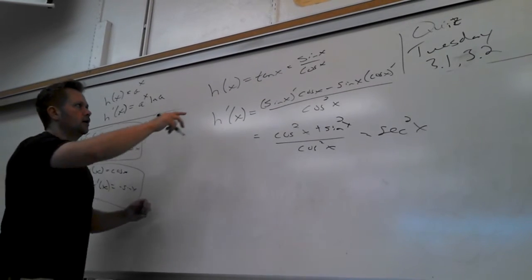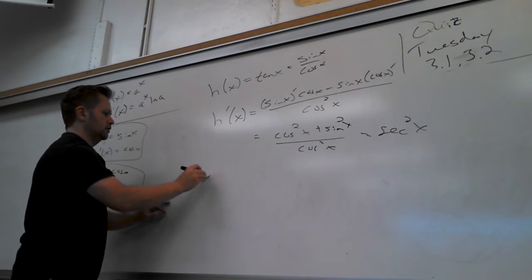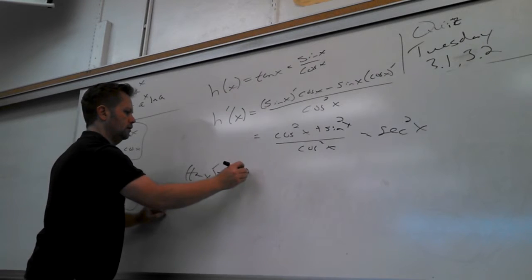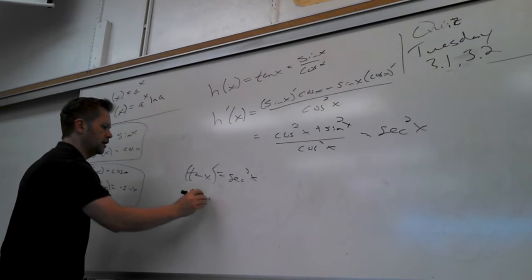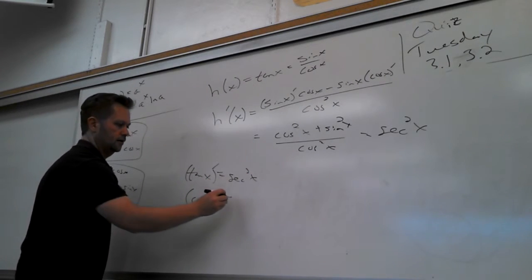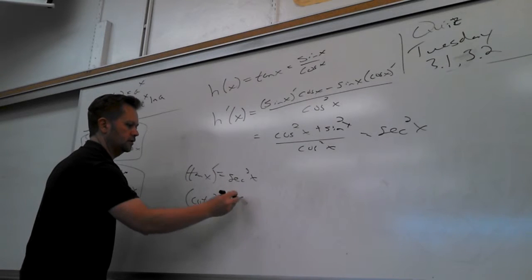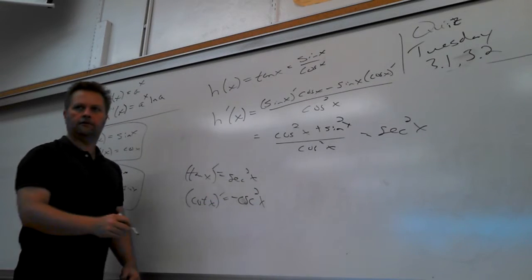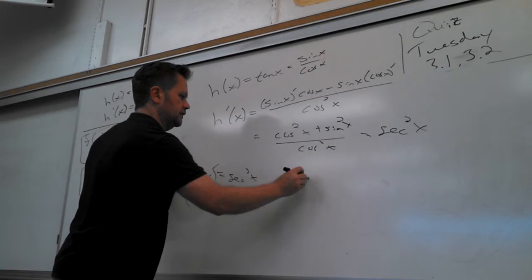So here's the neat thing. The derivative of tangent is secant squared. The derivative of cotangent, negative cosecant squared, is neat. All the co- ones become negative. Derivative of secant,